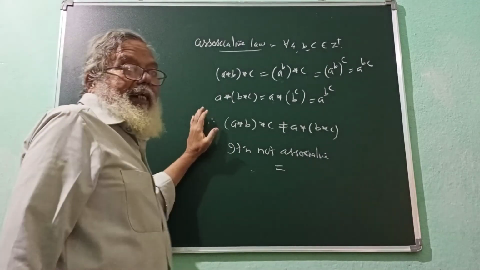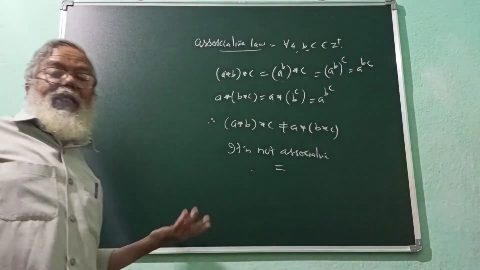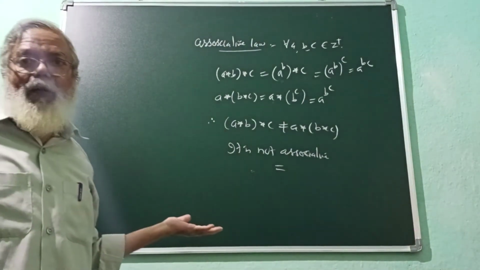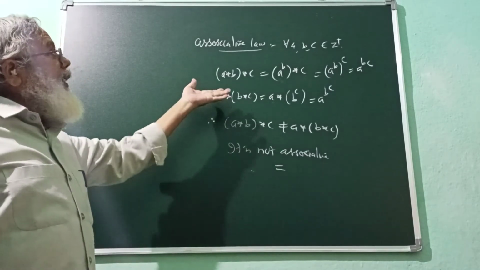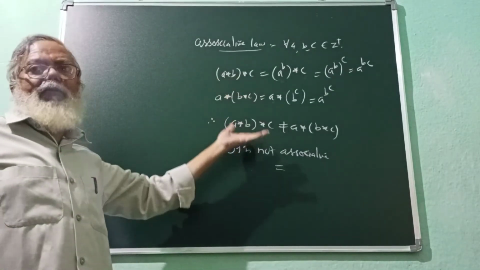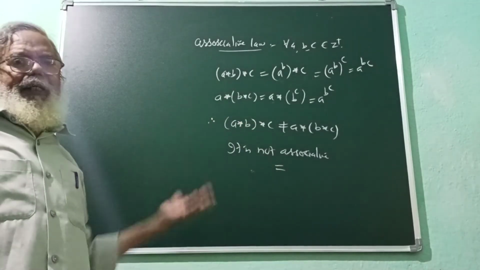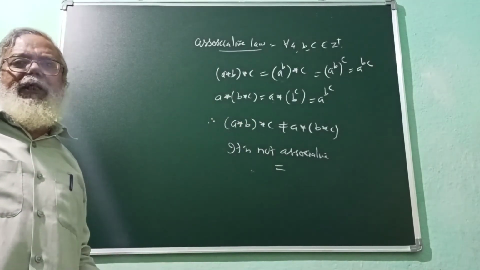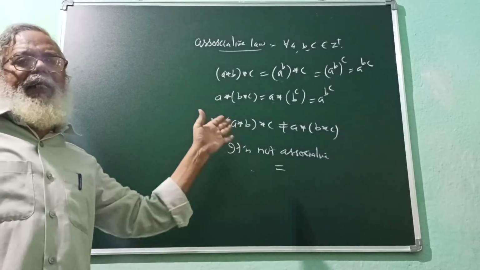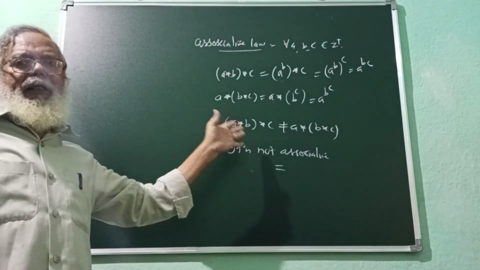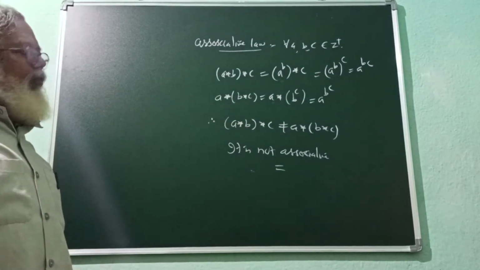One more time I will tell you that when we ourselves are saying that it is not a binary operation, there is no meaning in testing for the commutative and associative law. Just for practice time we are doing. So when it is not a binary operation, it does not have any property. It has neither the property of commutative law nor the property of the associative law.